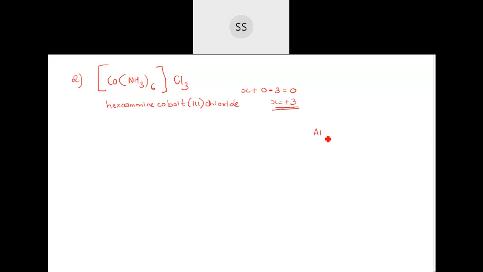Like if I give you aluminium sulfate, Al2(SO4)3, this is how the compound name is. Because of the crossing of the charges, we get Al2(SO4)3, but we don't write dialuminium trisulfate. We just name it aluminium sulfate. It is understood that the sulfate ions are satisfying the charges of aluminium. Here also there are 3 chloride ions, but you will not write 3 here. You don't have to mention anything about that 3. It is just that the chloride ions are trying to satisfy the charges of the cobalt ion.